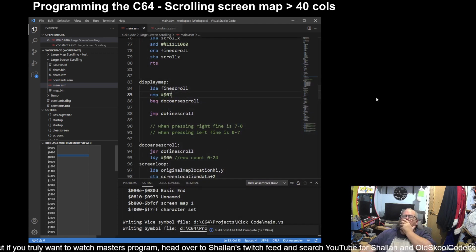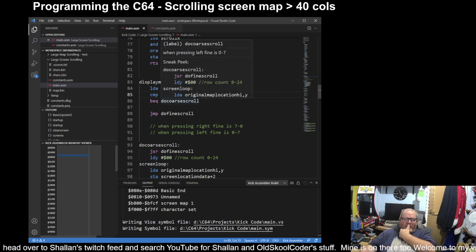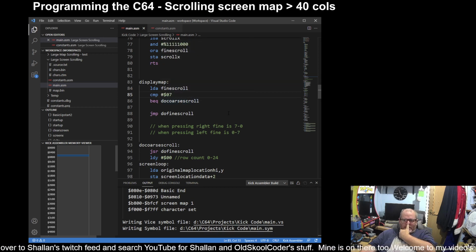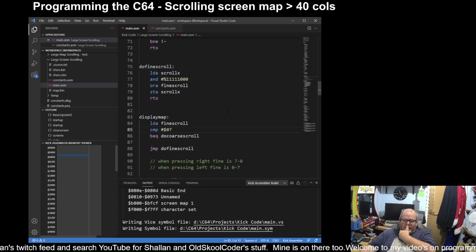Which means depending on whether it's left or right, yeah, what I was going to do later was actually just make it so not everything gets scrolled, but